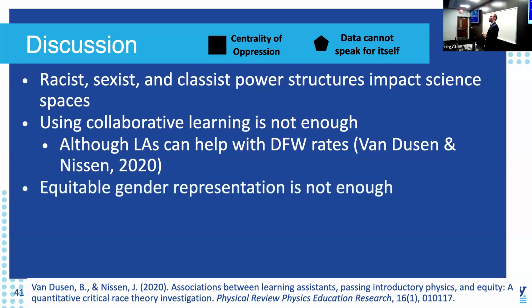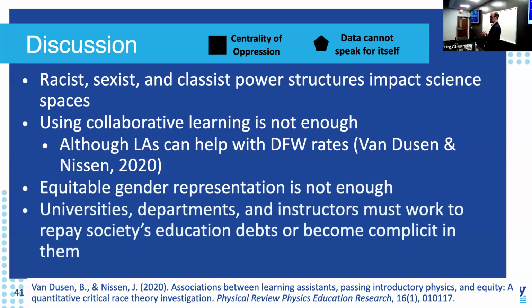Equitable gender representation is also not enough, right? We saw that women are even overrepresented in biology, and we saw the education that's owed to them get worse. So just gender representation is not enough either. We've got to do more. Universities, departments, and instructors must work to repay these educational debts or become complicit in them. That's my takeaway. You don't have to agree, but